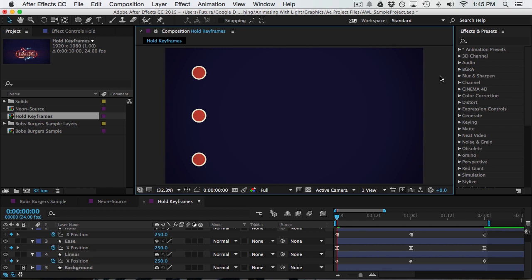So the way that I want to animate my sign is by turning the bulbs on and off. And the way I'll be doing this is by using hold keyframes. And I've set up a little demo to explain exactly what a hold keyframe is, just in case you've never